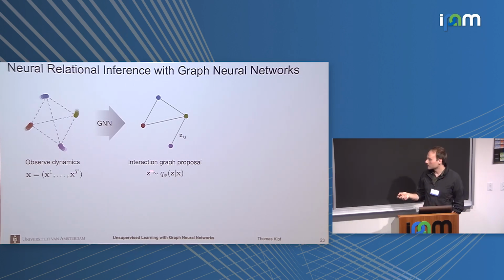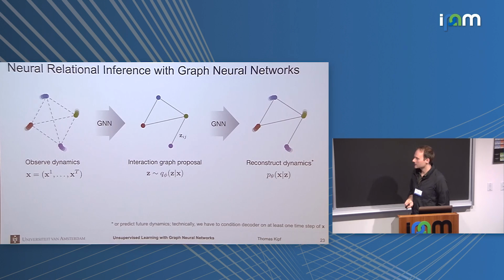The graph here is represented by this latent variable z, and it essentially builds this variational posterior, q of z given x, where x is your dynamics data. Then in a decoding step, you run a graph neural network that is constrained to send messages on this graph. So it cannot send any messages along edges where no edge was predicted, for example. Or it can only send messages along edges that belong to the certain edge type that the graph neural net is particularly operating on. And then it has to reconstruct the dynamics.